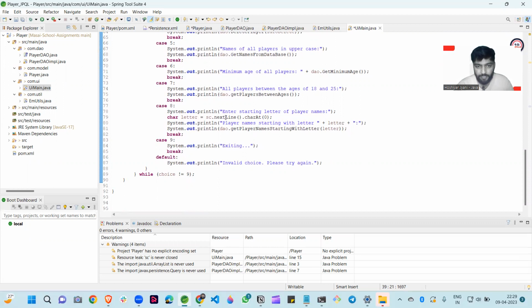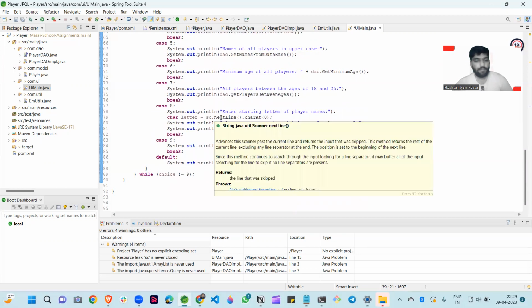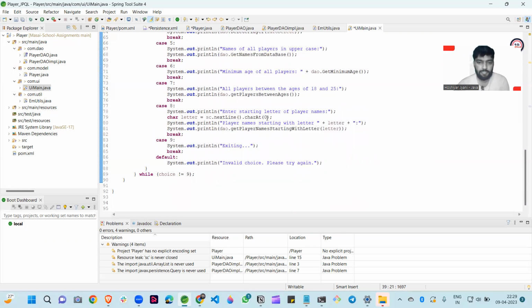If we want to search anything, we pass the value here. So the value, like we are passing HOS, so we are getting the first letter, charAt(0). We are passing H here, the player name starting with the letter, like H. So we are printing here. Now dao.getPlayersNameStartingWithLetter, we are passing H here. Okay, then after that, 9 for the